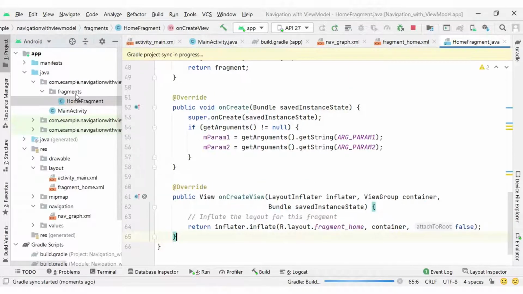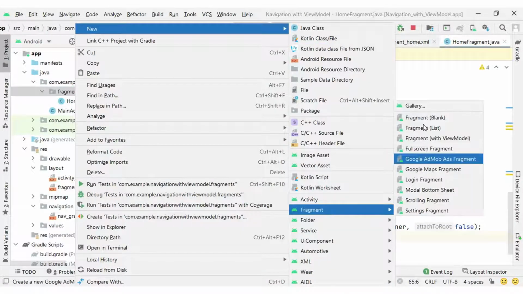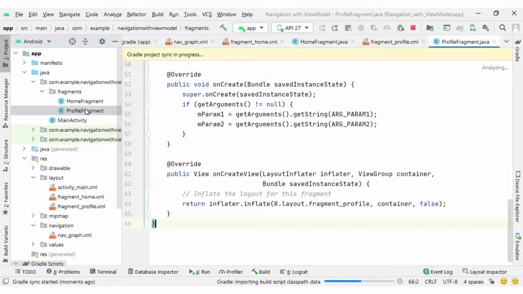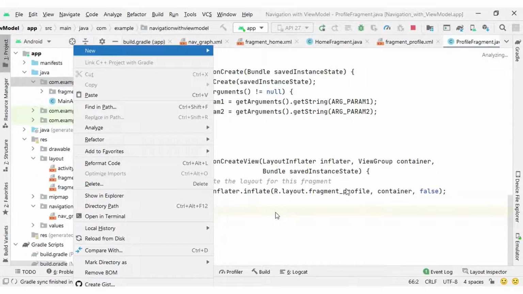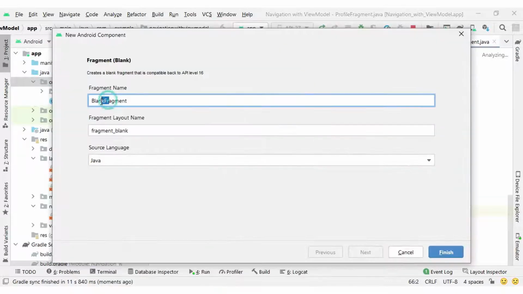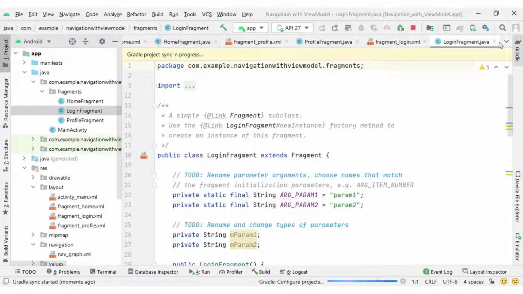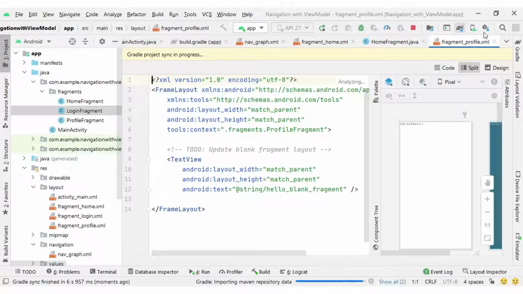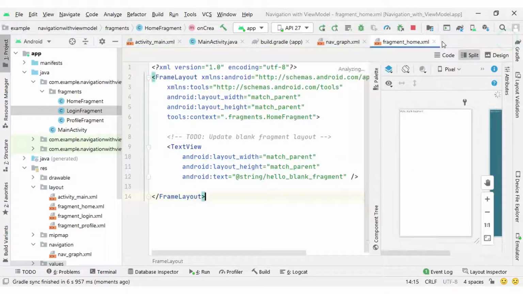Next I will create the profile fragment, and the third one is our login fragment. So guys, we have three fragments ready, and I will close all the screens so that there is no confusion in switching between different screens.